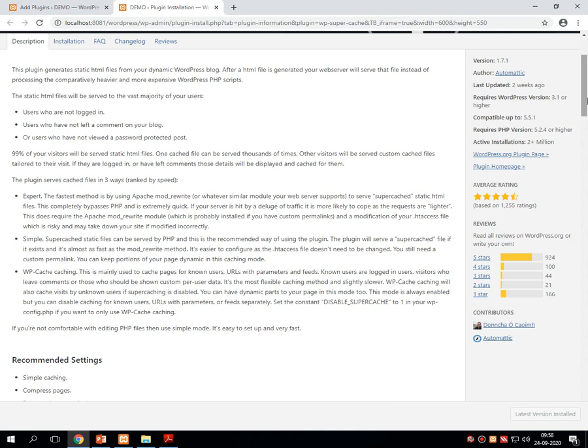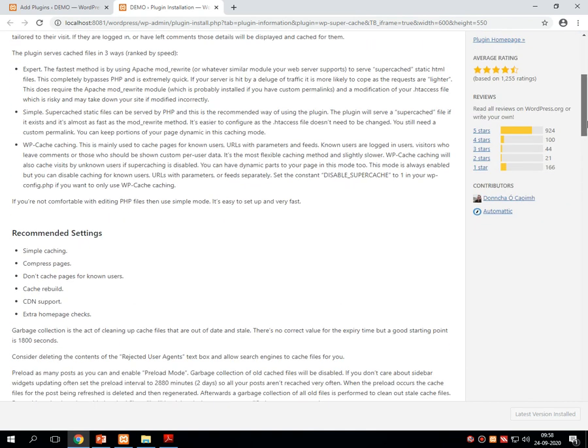It caches the files in the main memory area of the system, and it makes all your dynamic pages into static pages, which get loaded on the user's terminal. So without loading the heaviest part of a dynamic website, called PHP, it loads the simpler part of the site by converting it into static form, and it displays the data in a recommended format.